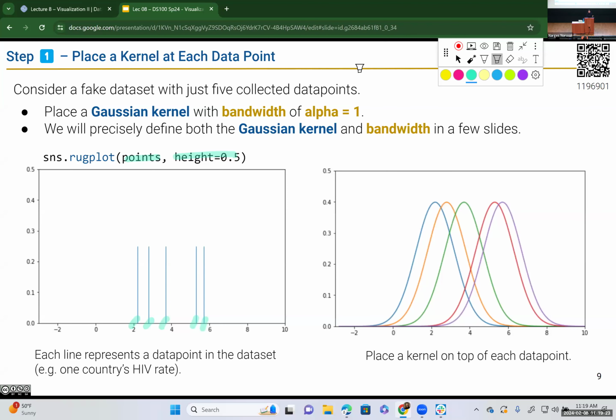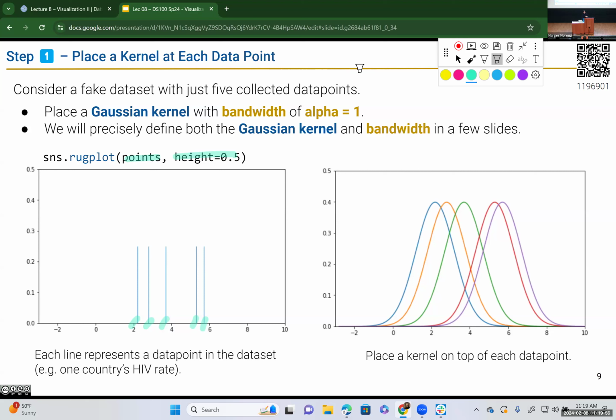So let me go ahead and put a kernel on top of each one of them. So this is the first step. Thinking about this, I'm smoothing this probability so that I'm not really saying that it's either this data point or nothing, but that there is a probability. It's more likely that you're going to give me that data, but I'm also going to be a little bit flexible and accept a slightly smaller or slightly higher value than the data points that we have in our data set. This is just a simplifying assumption that we're making